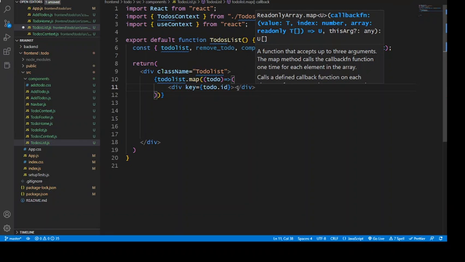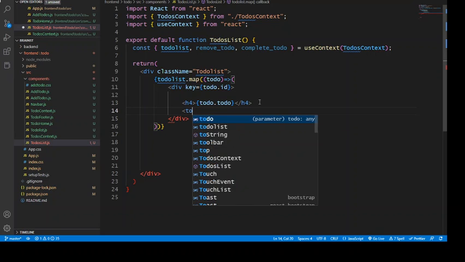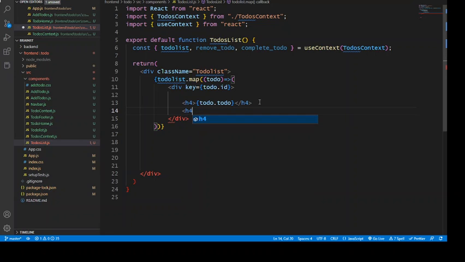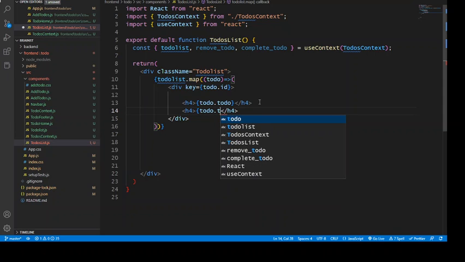All right, now inside this div, this is where I want to output the todos. So let me just use h4. I will need todo.todo. Okay, h4 again, we'll need the